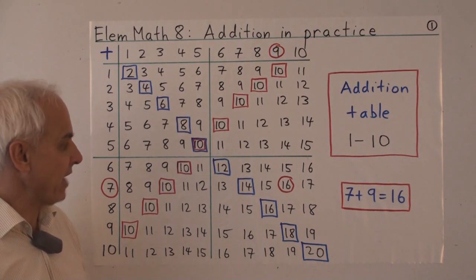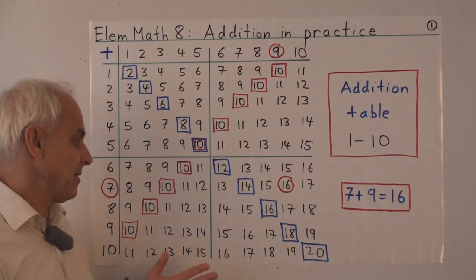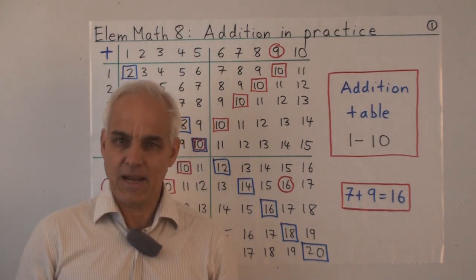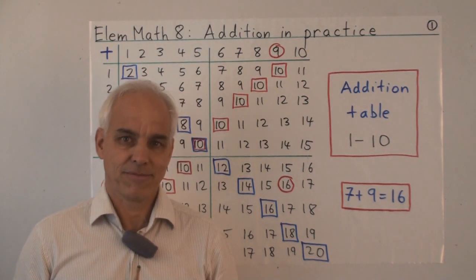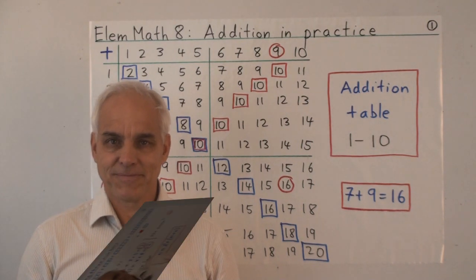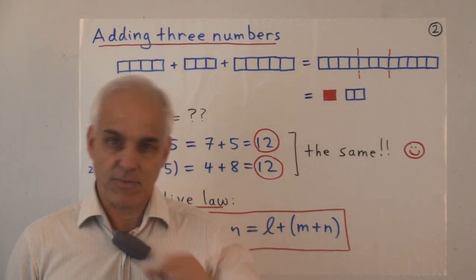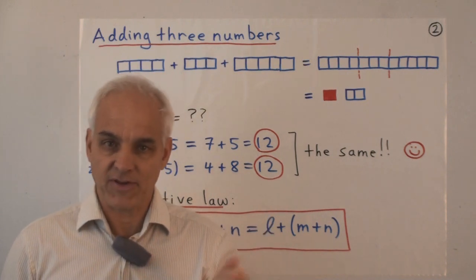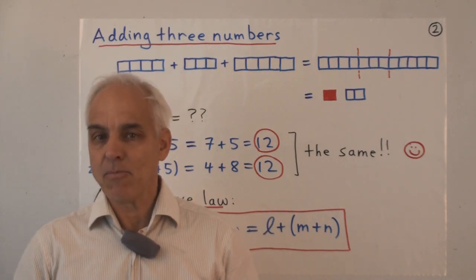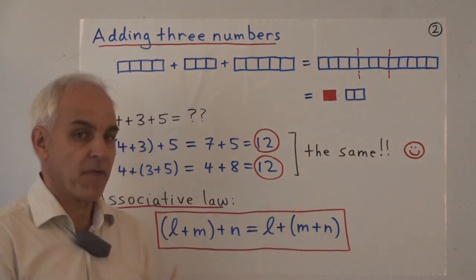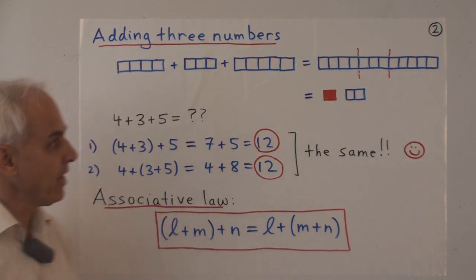Okay, so we want to have some practice now at getting students to learn this table by using it to solve problems. While it might be a little bit tedious for students just to be given lots of examples, what is 3 plus 5, what is 4 plus 6, and so on, it can be a little bit more interesting if we're asking the students to add together three numbers.